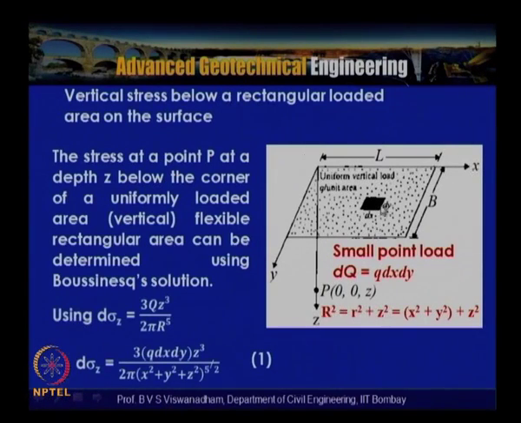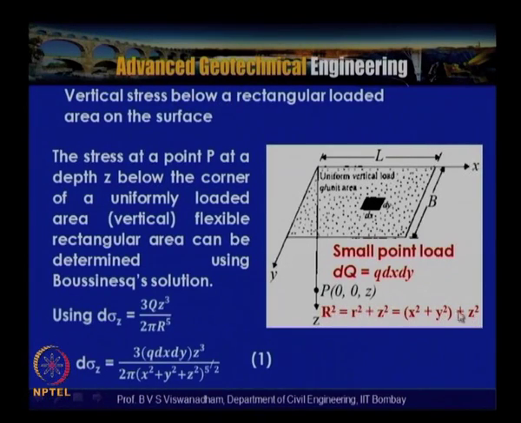the small increase in the vertical stress due to the point load acting on the small element, which is the darkened portion here, having dx along the x axis and dy along the y axis. So the area is dx into dy, and the load intensity is q per unit area. So q into dx dy is the small point load acting at this particular point. Using d sigma z is equal to 3q z cube by 2 pi r to the power of 5,